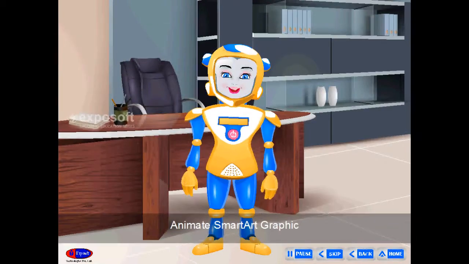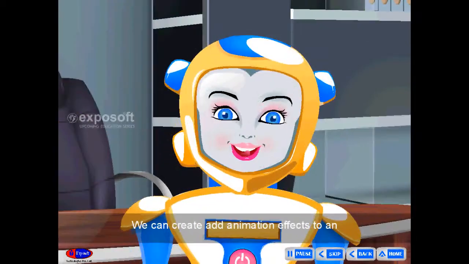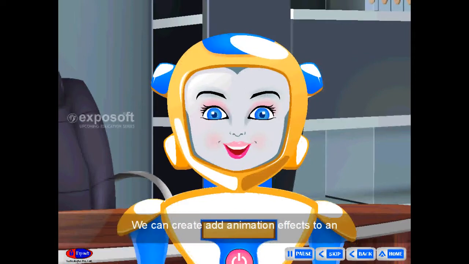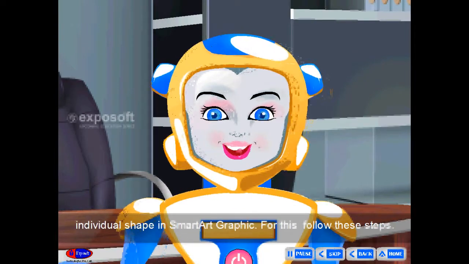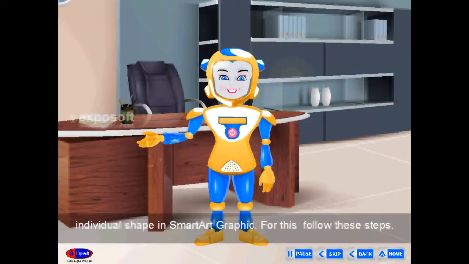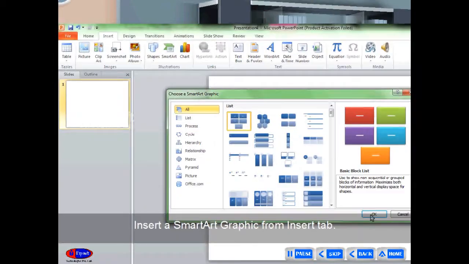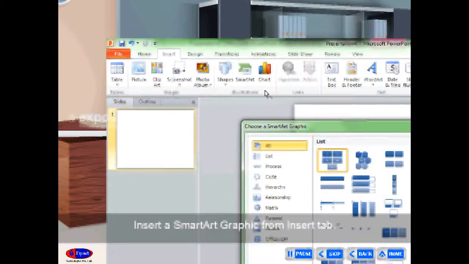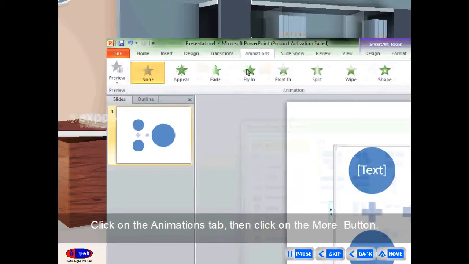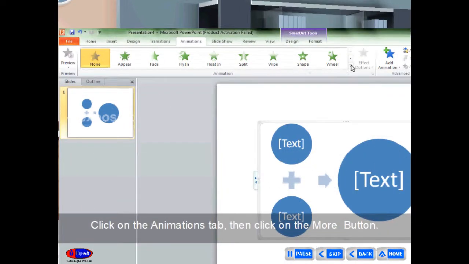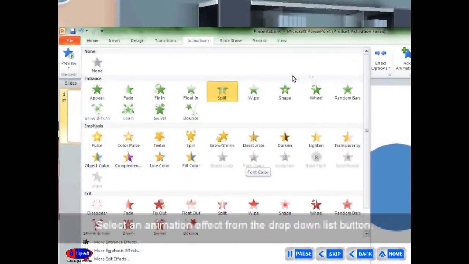Animate SmartArt graphic. We can add animation effects to an individual shape in a SmartArt graphic. For this, follow these steps. Insert a SmartArt graphic from the Insert tab. Click on the Animations tab, then click on the More button. Select an animation effect from the drop-down list.